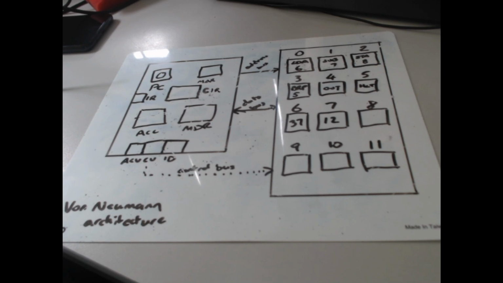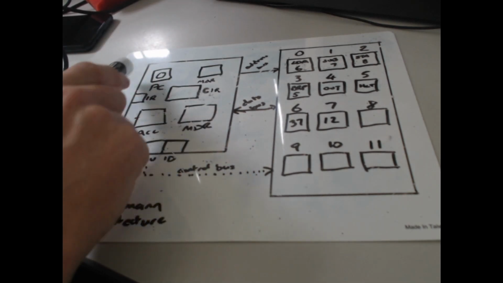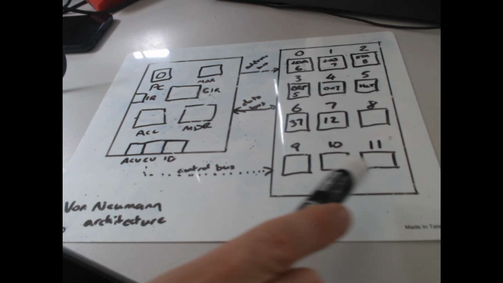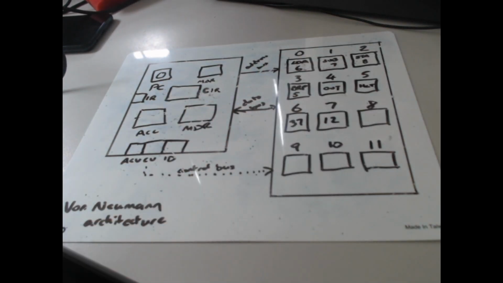Well, it's a CPU model that was created way back in the 50s, John von Neumann, and it's still useful today as a way of studying a basic way that a CPU interacts with RAM. So over here on the left we've got a CPU, and here on the right this is RAM, main memory. Now one of the main features of von Neumann architecture is that instructions and data are stored together